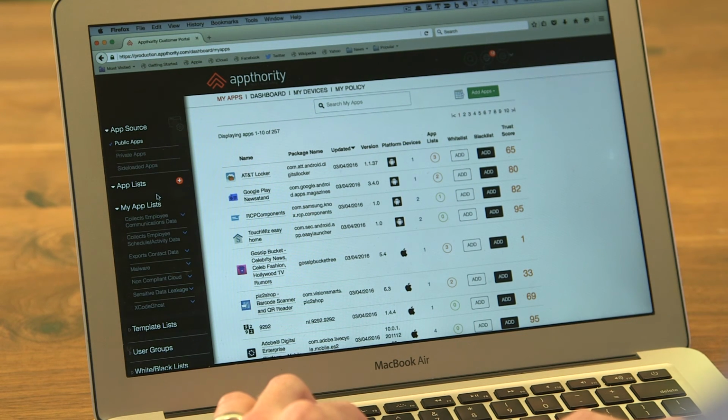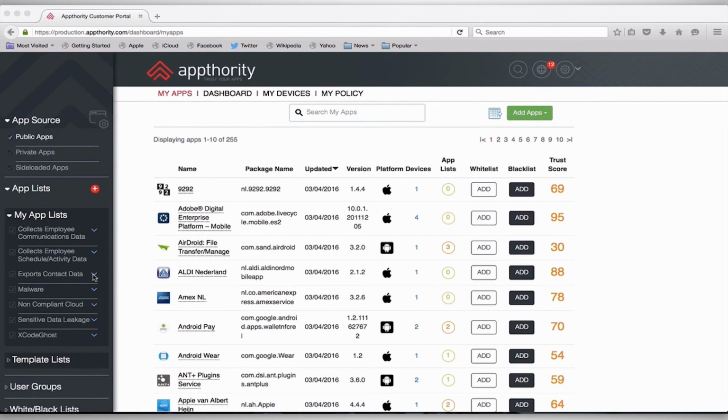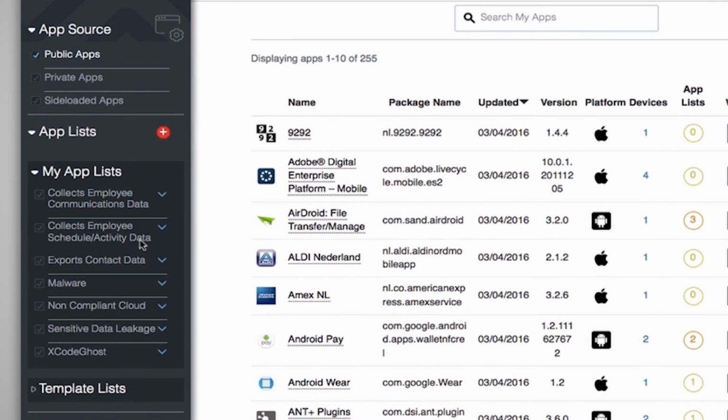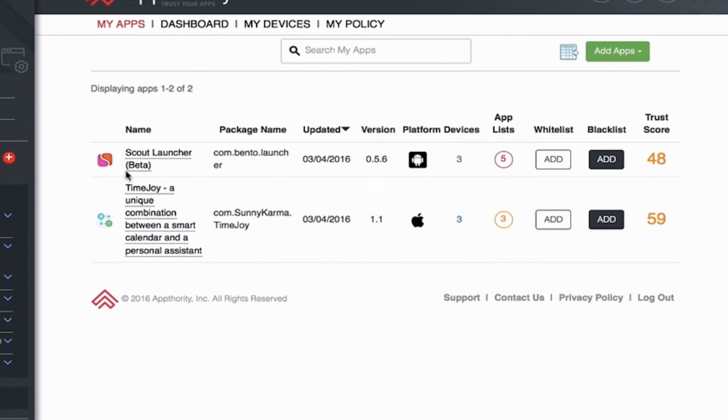As an administrator, I can view areas of risk and concern from mobile apps in a number of ways. The most powerful way is My App Lists. My App Lists allow administrators to quickly view apps of risk around specific behaviors and filters. There's two behaviors of specific concern for my enterprise. The first being sending of employee schedule and activity data, or calendar. By filtering down to this specific app list, I can see that the Scout Launcher app matches this behavior on